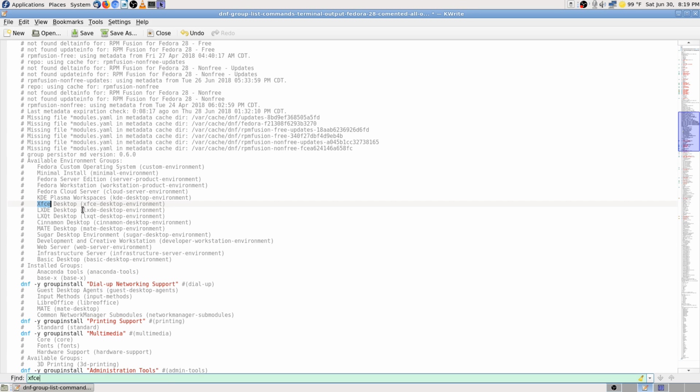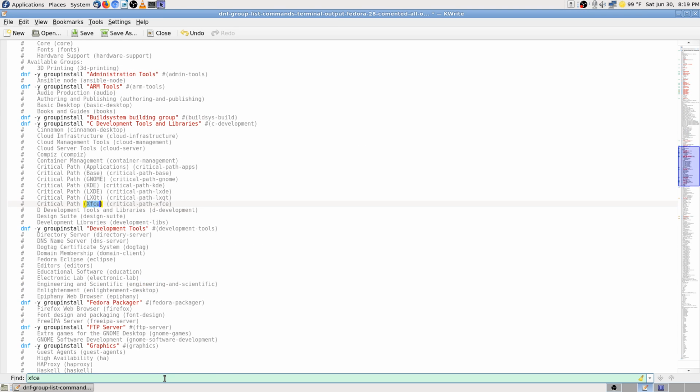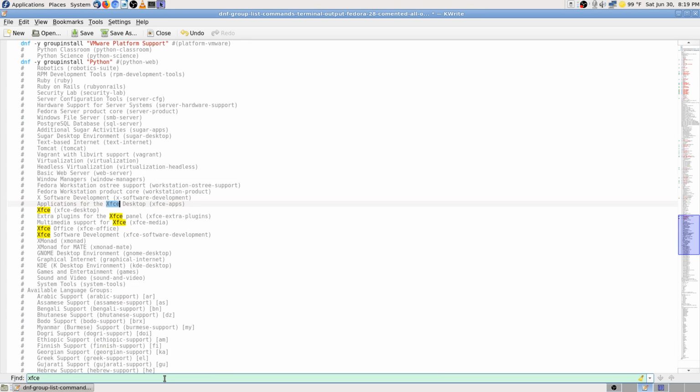It just says XFCE desktop again. Okay, it just has the node at the side. Okay, critical path, XFCE. Applications for the XFCE desktop. Apps. I'm not going to add any more because I'm not planning on actually using XFCE desktop, just as a backup in case I break Mate and I need a desktop to